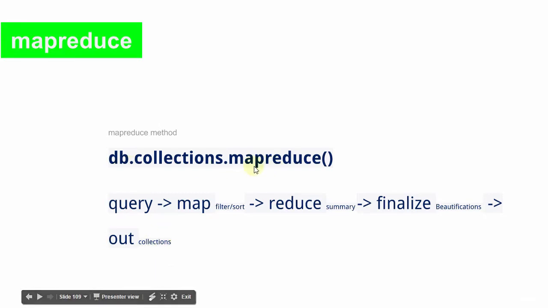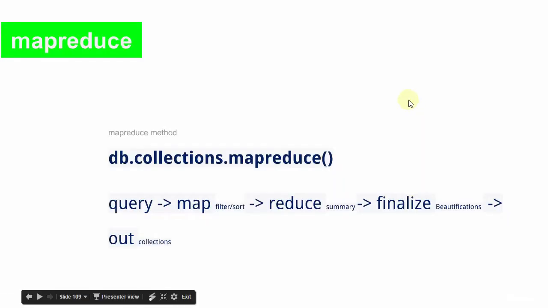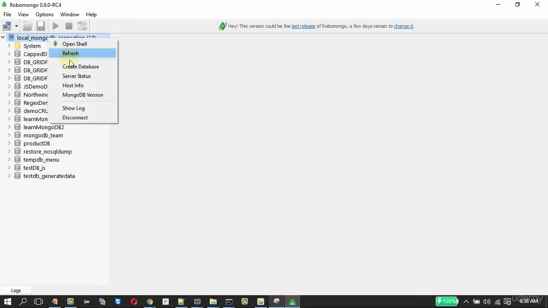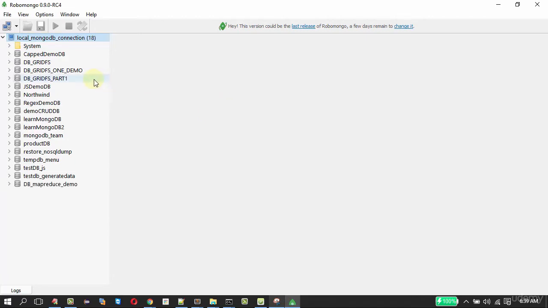Let us see how to use the MapReduce method in our MongoDB collection. I'm going to use a collection called students. Let me create that collection first. I'll be using RoboMongo for this demo. The first step is to create a database for the MapReduce demo. Database is there. Next, a collection.